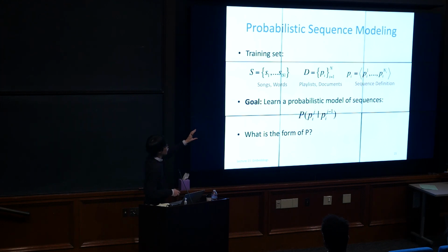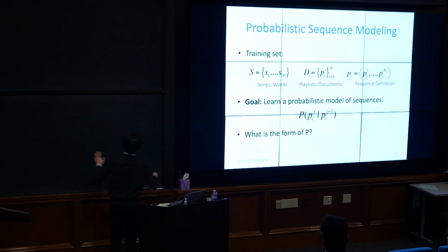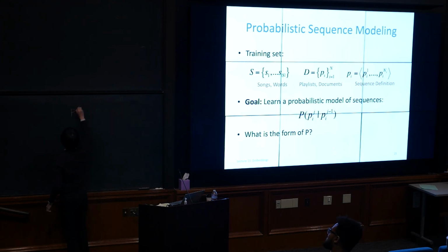The model that's represented here is called the Markov assumption, specifically the first order Markov assumption, where we say that the next element of a sequence only depends on the previous element, right? So what we're actually trying to learn is some joint probability